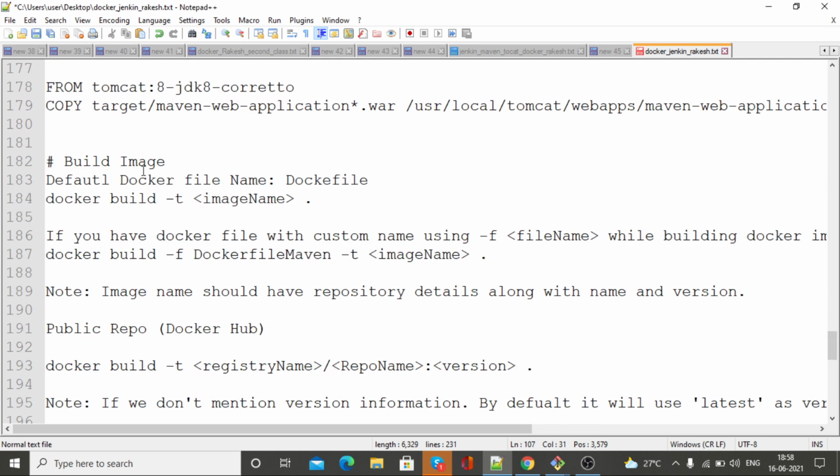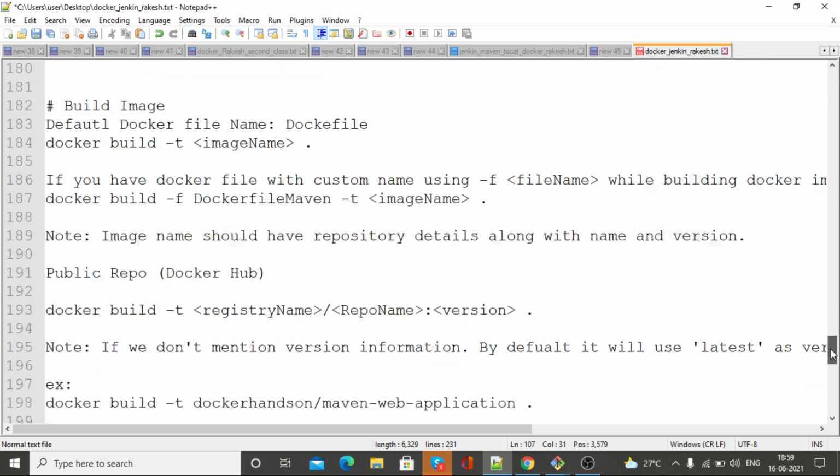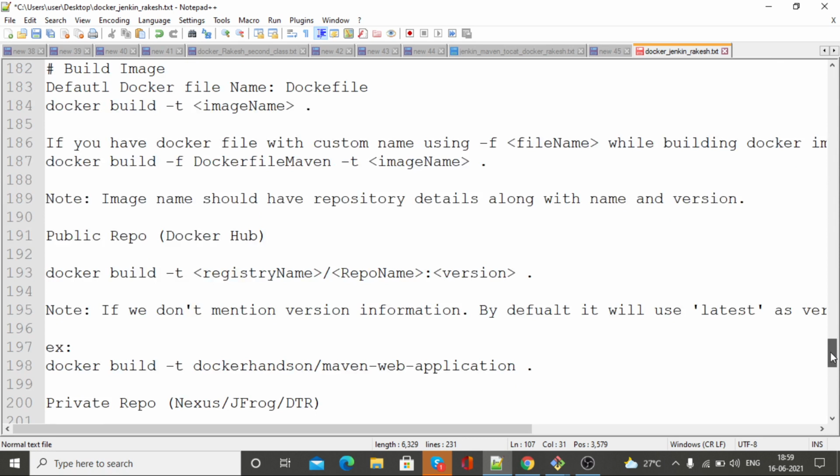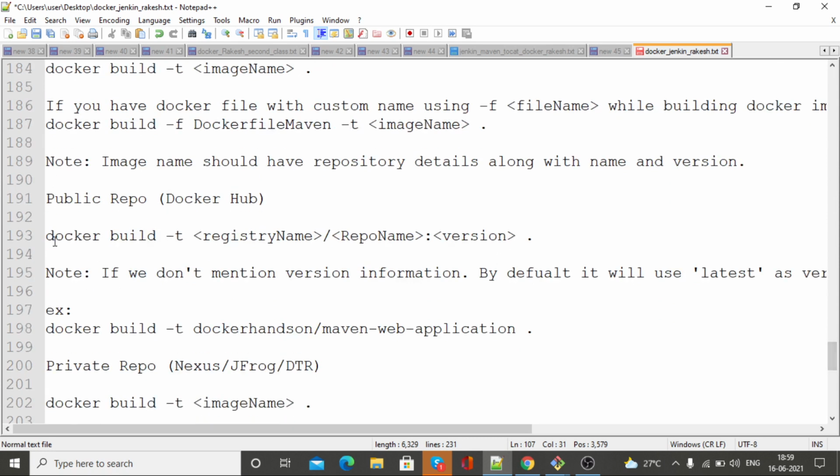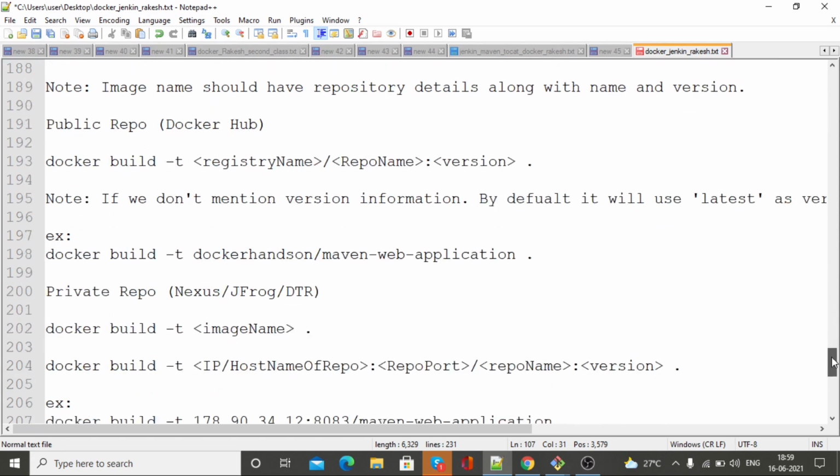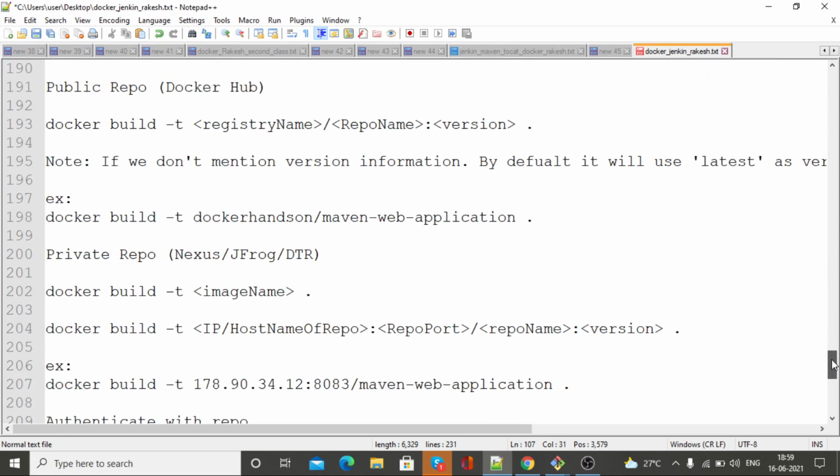So for build image, I showed you docker build -t, then image name. Okay, then while building the image, you have to put your registry name, then repo name, then version. In our experiment we put version as a variable, so it was taking automatically.